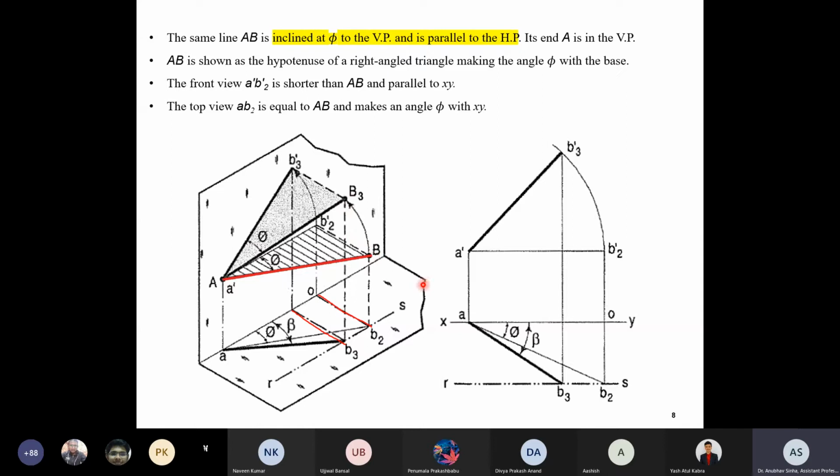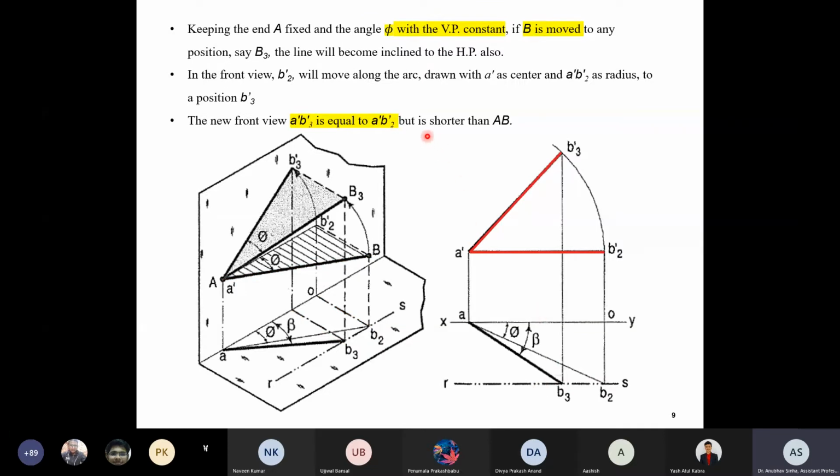So in the projection, this is the orthographic projection, right? Here we see A dash B2 dash will remain constant. This again I will make an arc from here to AB3 dash. This length is equal to this length, and we are making a circle, so obviously both are radius of that circle. Similarly, this height will remain the same. This point is basically moving along this line.